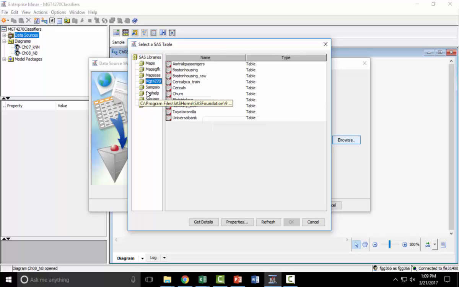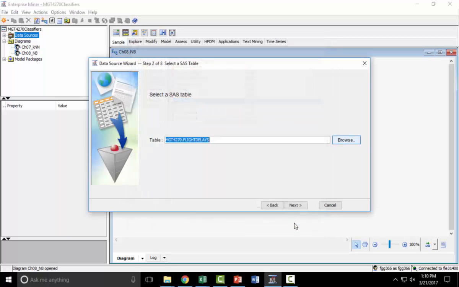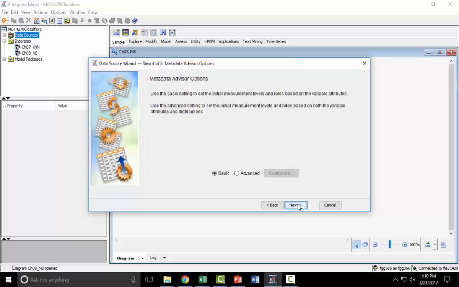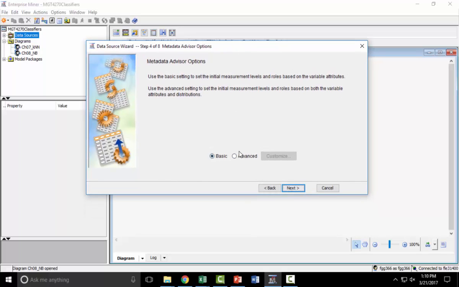And okay, hopefully you've copied the flight delays data set into C:MGT4270, which is right there. Now we have to set up the metadata. Okay. Once again, so we looked at, if you want to do advanced metadata information,